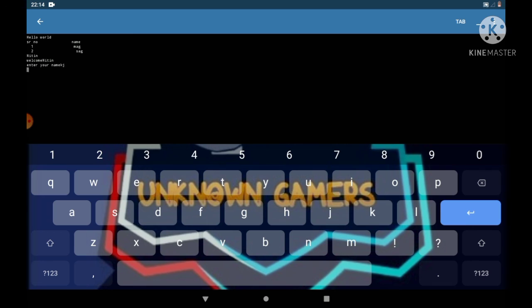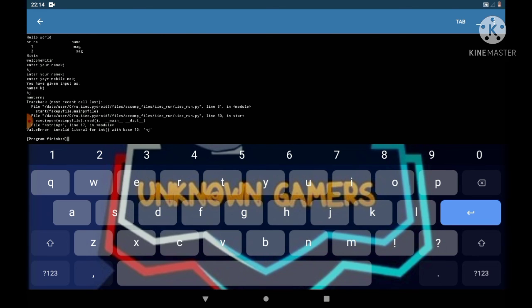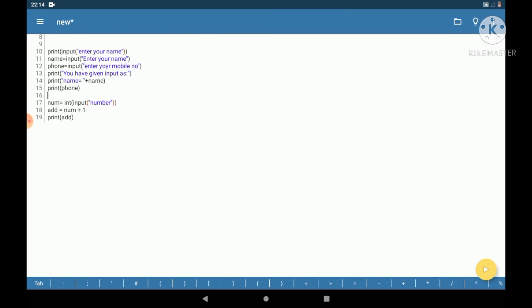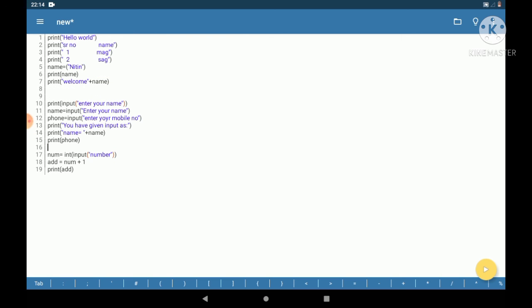See, if you enter a string like nj, you will get an error, because nj is not an integer, it is a string. So this is the error it will show when you enter a string as the answer, and the program will close. So this was the input and print statement. The main things were the print and input statements. So this was the video, and in the next video I am going to bring data types. We will be discussing data types fully.